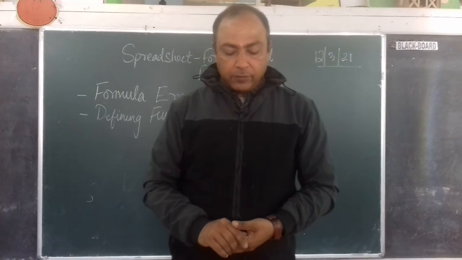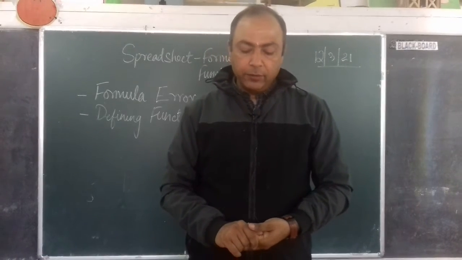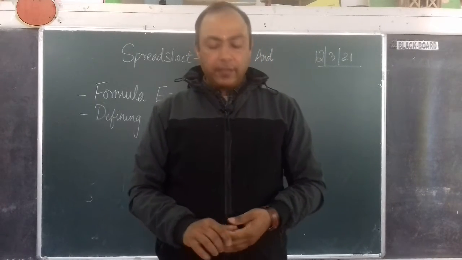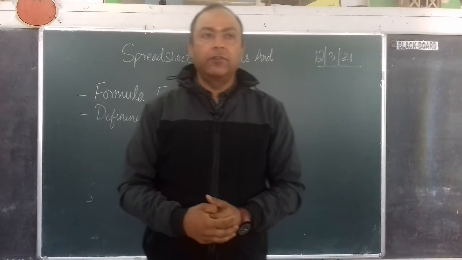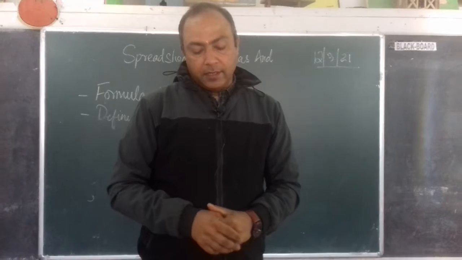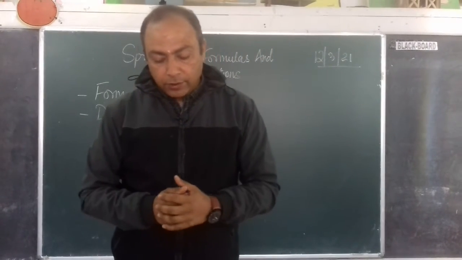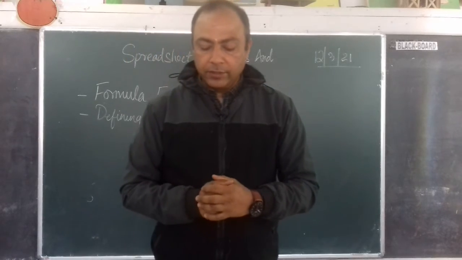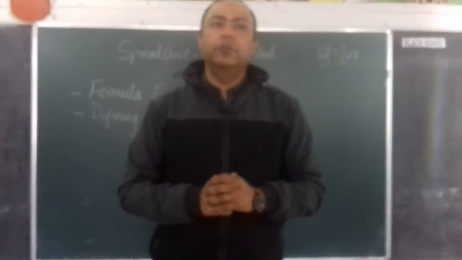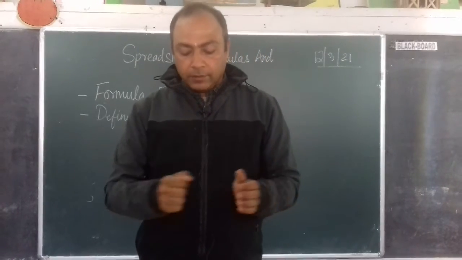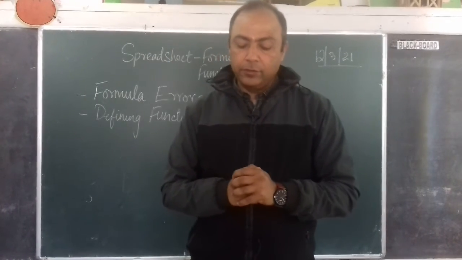Hash error. It is displayed when the column in which you enter the value does not have enough space to fit the value. If you do not have enough space to fit the value, at that time you have the error, that is the hash error. So we can just increase the size of the right border of the column in order to increase the space to fit the value. So when the value is not fitted there, at that time we just have to make the column bigger in order to solve the problem.